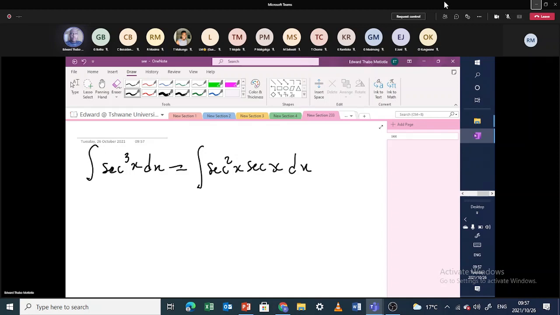When you differentiate tan x, your answer is what? It's sec squared. Yes. And then when you integrate sec squared,